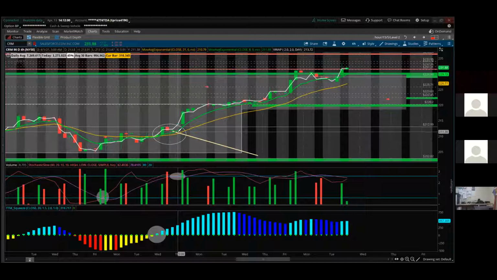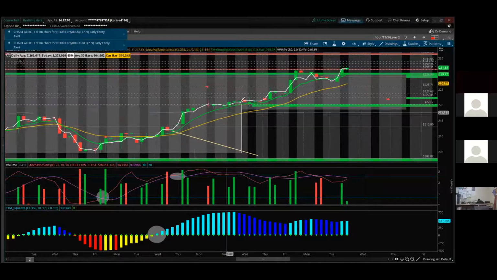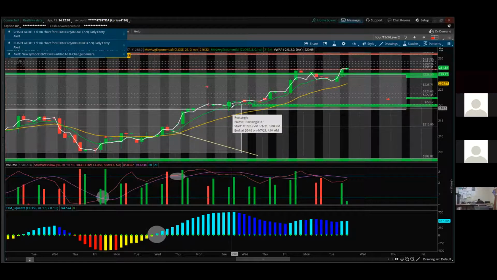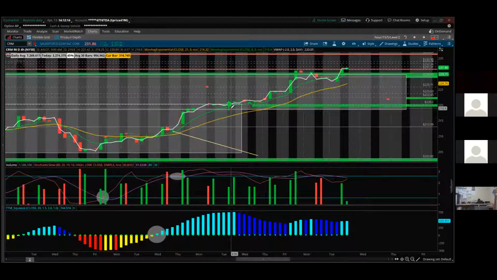Truthfully, 2 trades this entire week. And if I can get a setup like CRM did, and I can get a $5 to $10 to $20 to $30 move, that's my weekly goal right there. That's my profit target goal off that one trade. So you don't need to load yourself up with 10 trades a day or 20 trades a week. You can take 2 or 3 potentially highly A+ setups, and you could still make your profit targets every